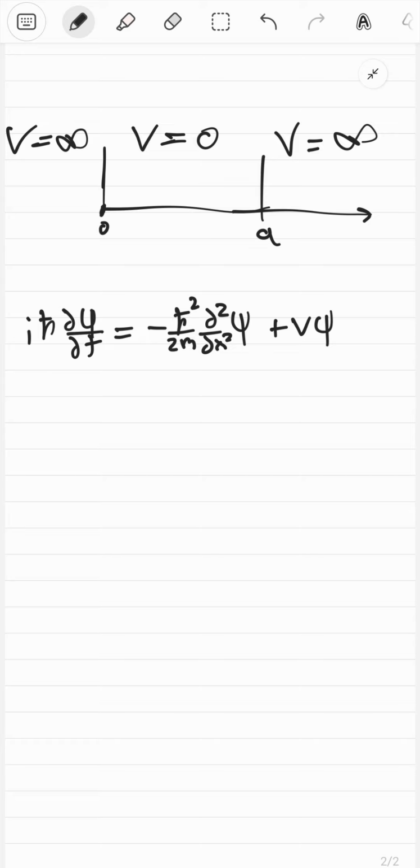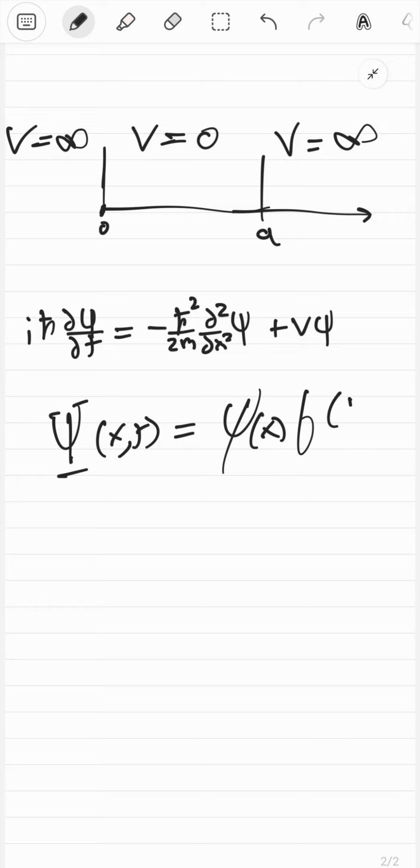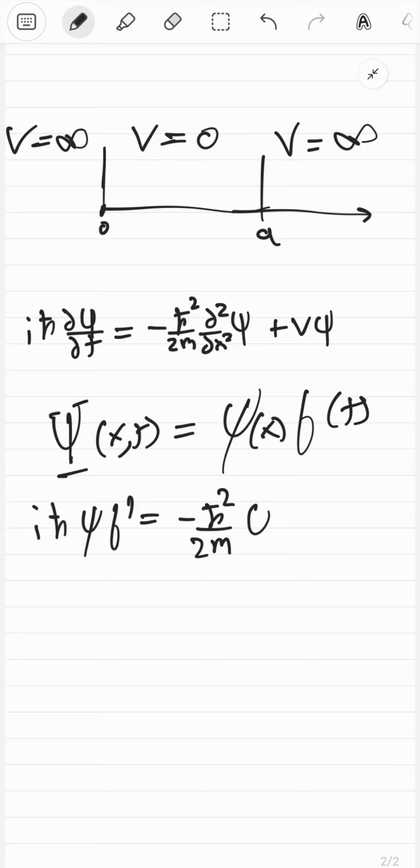So we'll try to find some solutions of a particular form, and that particular form will be that your psi, a function of x and t, will basically be some function of x first and then some other function of time. Putting that into this equation, what you essentially get is i h bar times this stuff, and that's minus h bar squared upon 2m, and then this just gives us this,